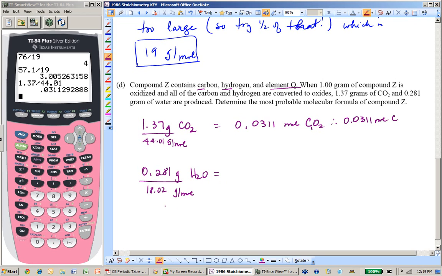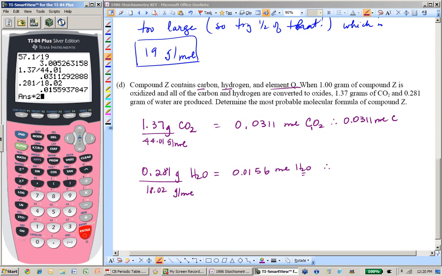All right, do the same thing with the water. 0.281 divided by 18.02. And we get 0.0156 moles. You're going to see a lot of that. Mole H2O. Therefore, see that little 2? Double that, because there's 2 hydrogens for every one of these. So 0.0312